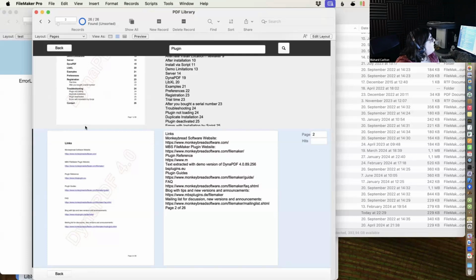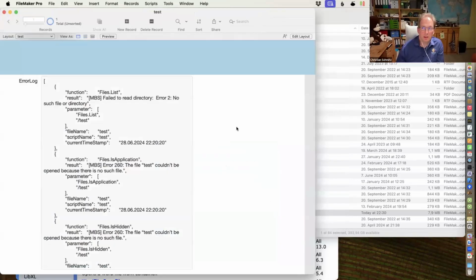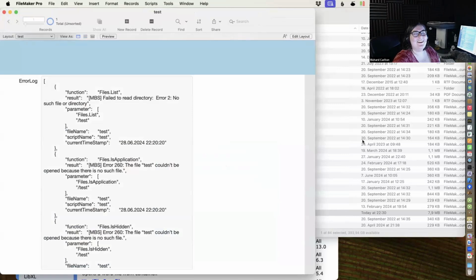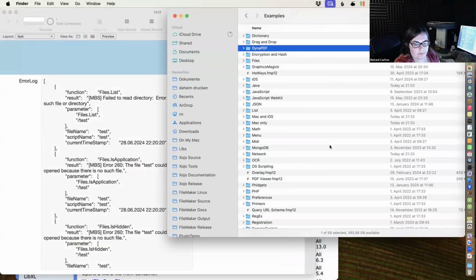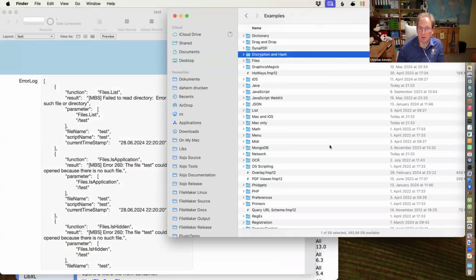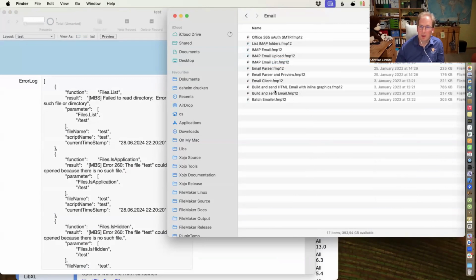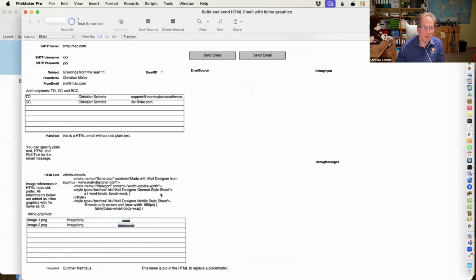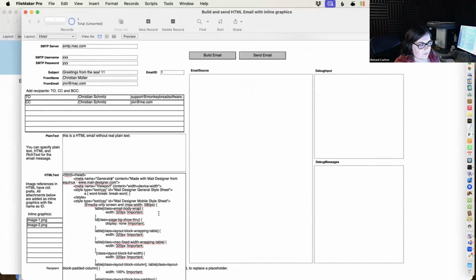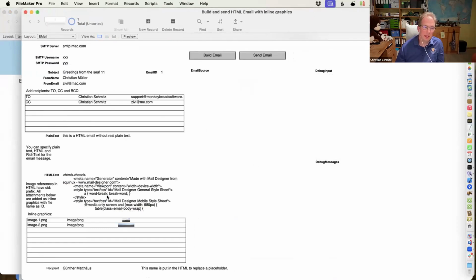I want to send hyperlinks in my emails using the MBS plugin. How do I do that? Well, you build the HTML to send it. Yeah, you have to make some HTML, and then you send the email with HTML. I mean, you have examples for that. If you need to send emails, you still have this older example where you basically pass HTML to the plugin.